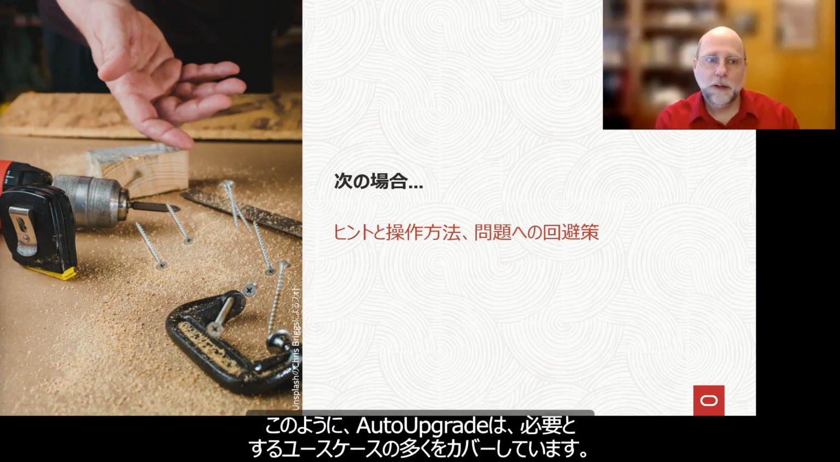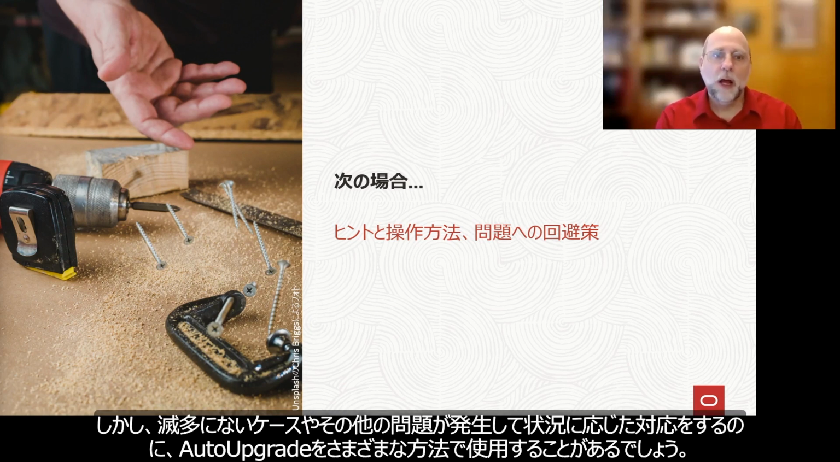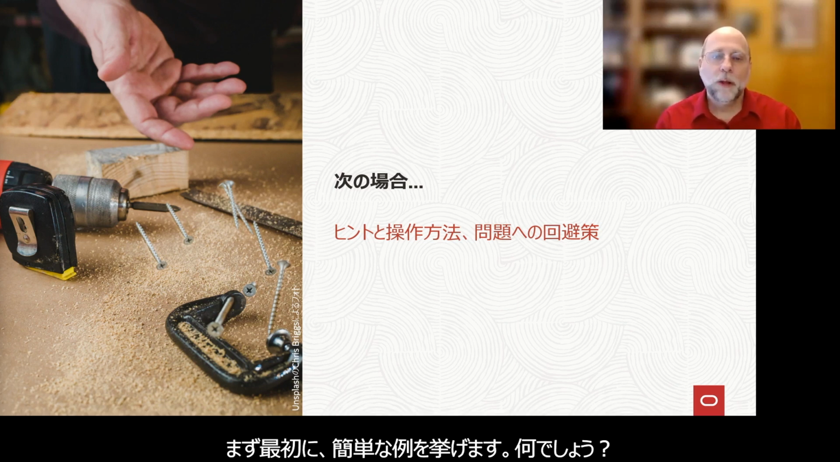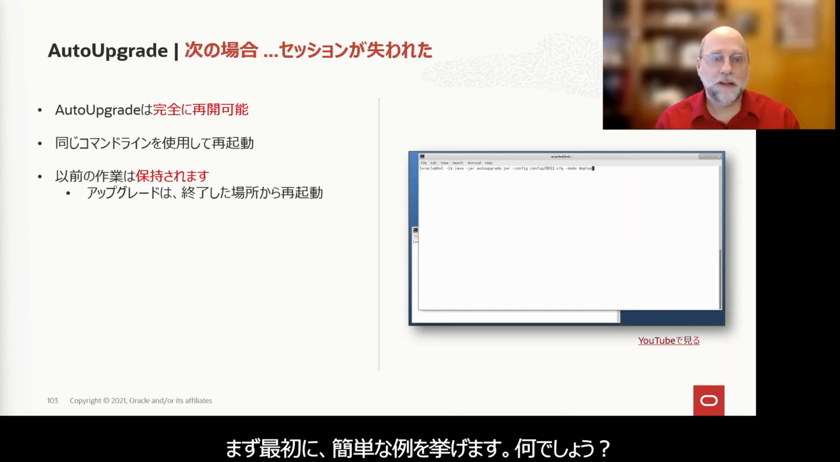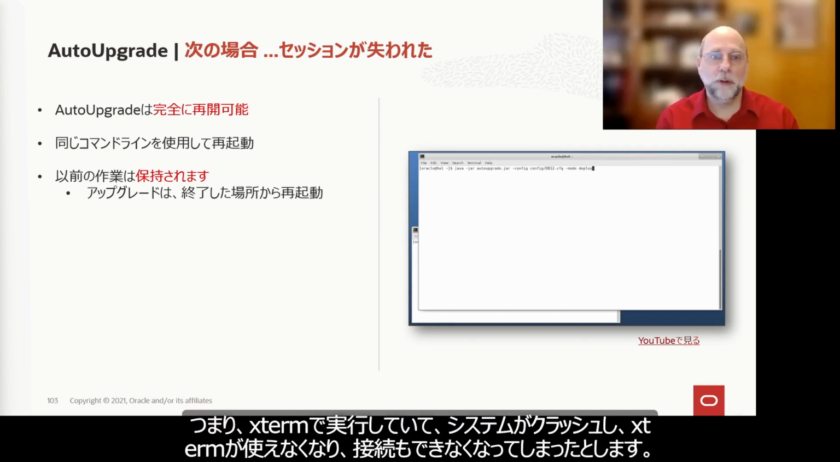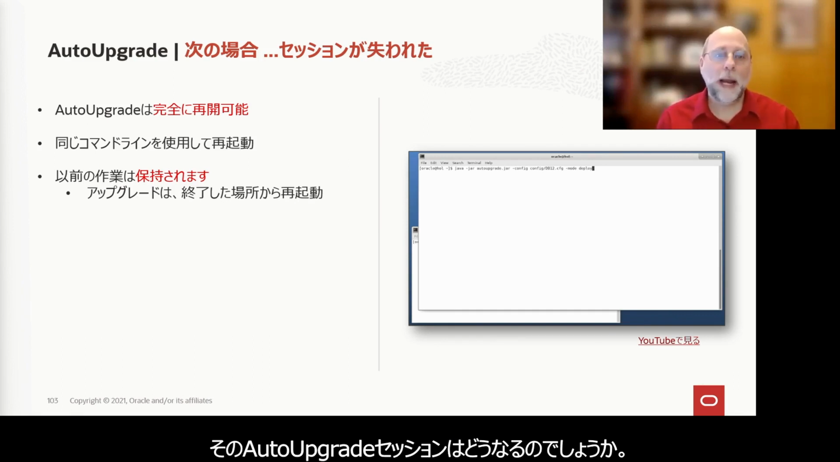So as you've seen, there are about as many use cases for AutoUpgrade as you have use cases, but there could still be corner cases or other issues that arise that mean that you need to kind of improvise or use AutoUpgrade in different ways to address issues. So let's talk about that. The first of these is going to be the simple one. What happens if your AutoUpgrade session dies for some reason? In other words, you're running in an Xterm and your system crashes. You've lost your Xterm, you've lost your connection. What happens to that